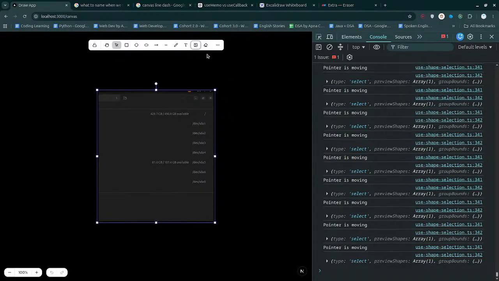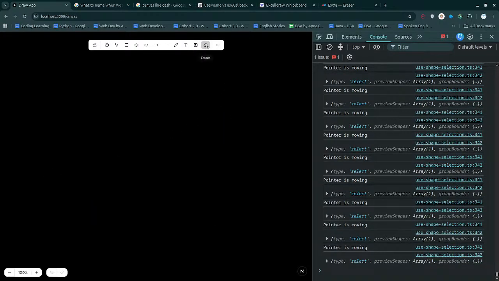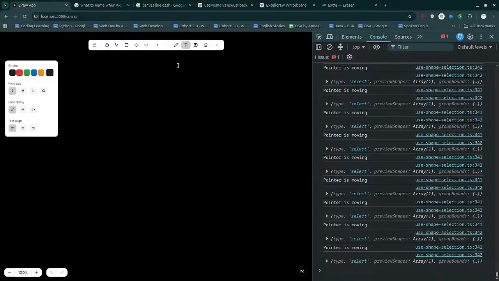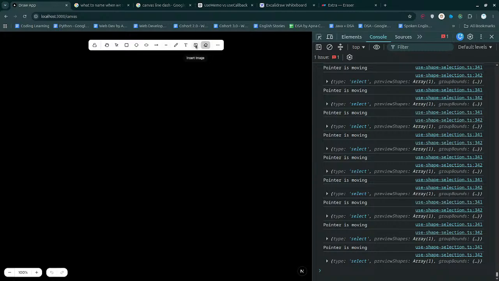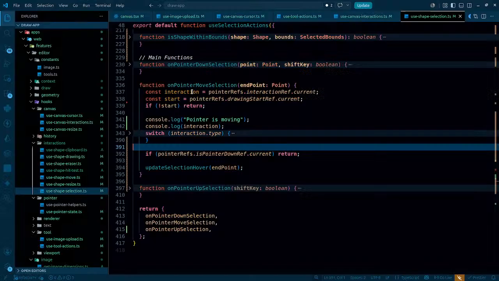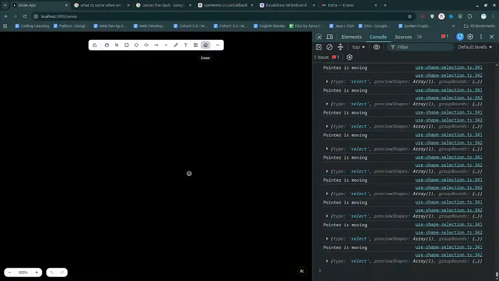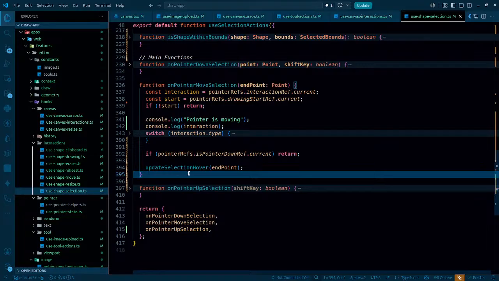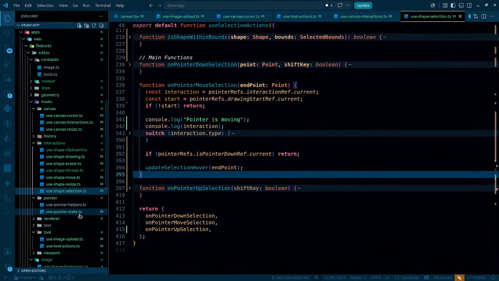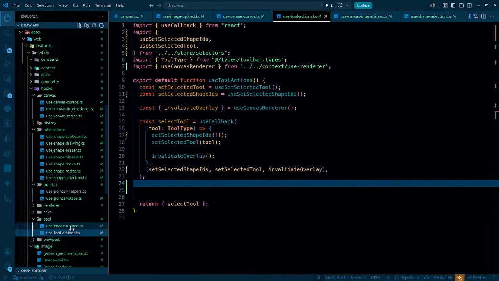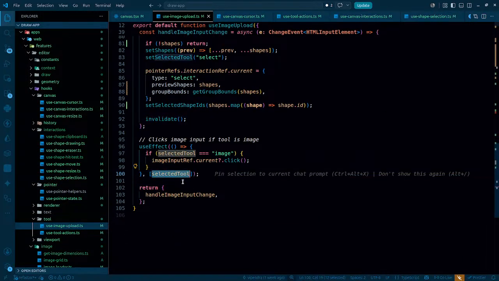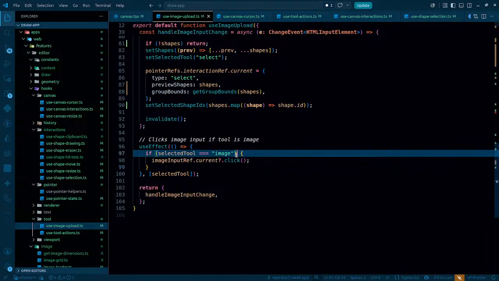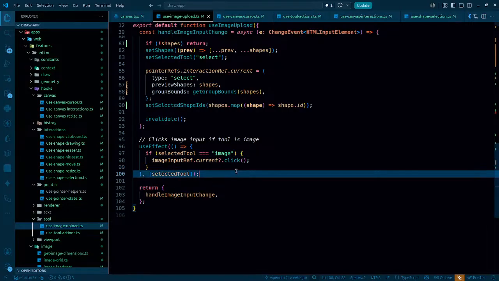How can we do that? We'll see. But apart from this particular thing, suppose I click this and then I click this, it changes, this changes, this changes, even this changes, but when I click on the image, nothing changes. So as soon as I click on the image, whenever the selected tool changes, and if the selected tool actually becomes the image, in that case we have to change the cursor, update cursor,